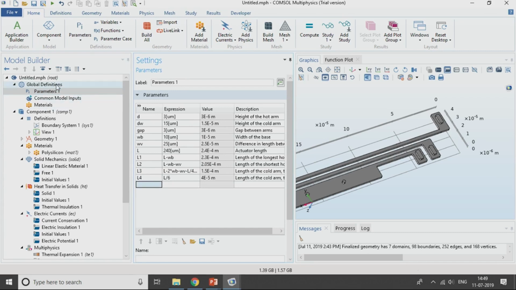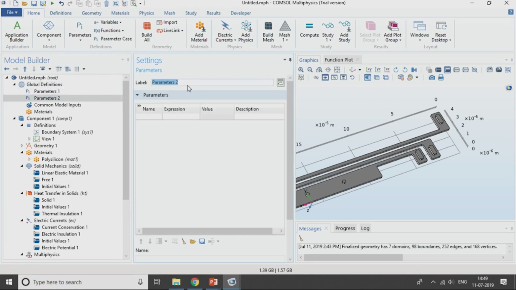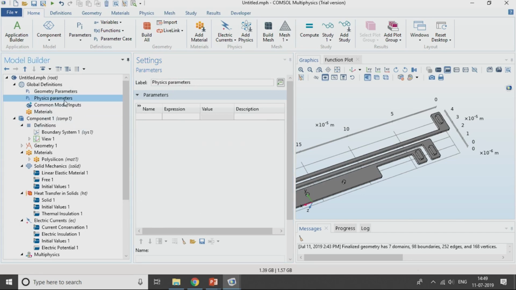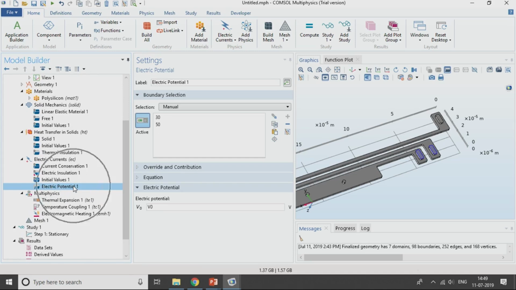The next I want to apply for the physics. So, I just right click on my global definition, I click on parameters and here I write physics parameters. These are my geometry parameters. If you want, you can write in continuation over here also, but just to delineate between different parameters, let me add a new parameters. So, let me write 0.1 volts, that is under 100 millivolts we are going to apply. So, we have electric potential,